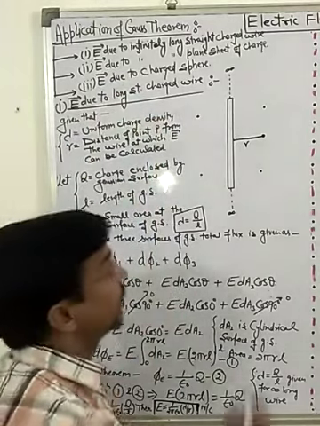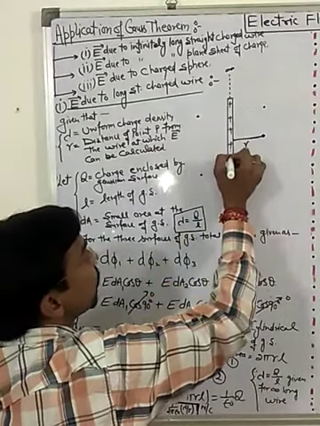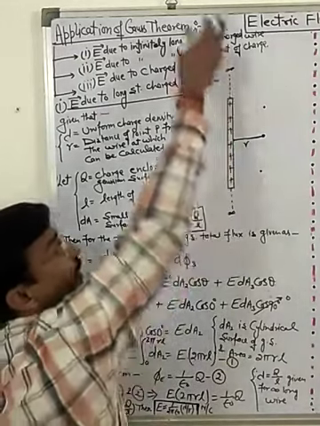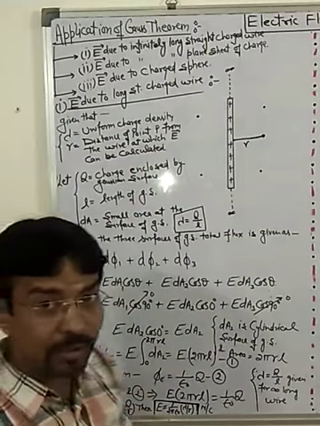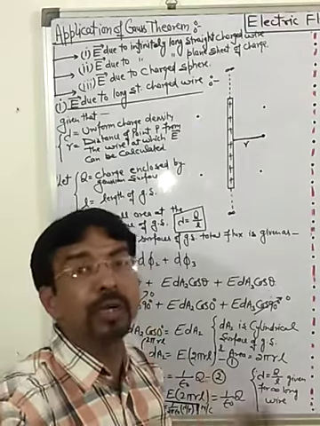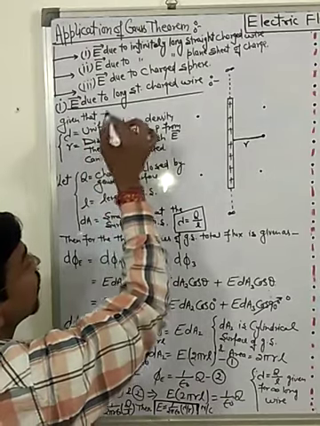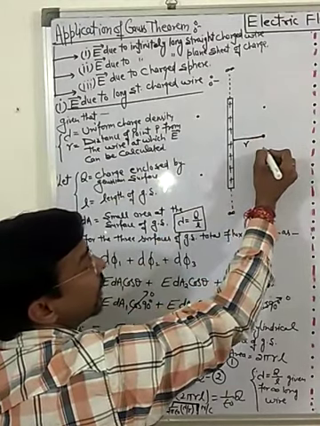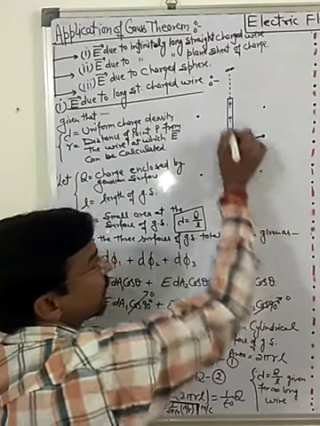Here the charged wire is given, which we assume to be positively charged, and its length is infinite. Its charge density is given, but its total length and total charge are not defined. What is defined is the charge per unit length of that wire. So lambda is the uniform charge density. Suppose we want to find the electric field at a point P, situated at a small distance r from the infinitely long wire.